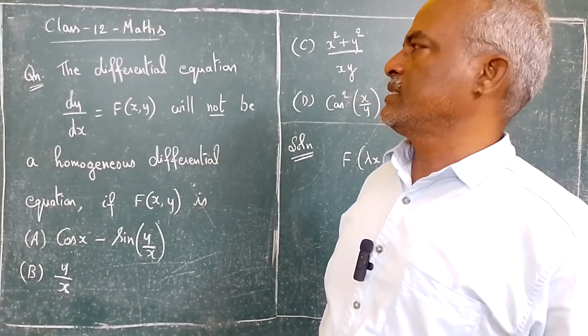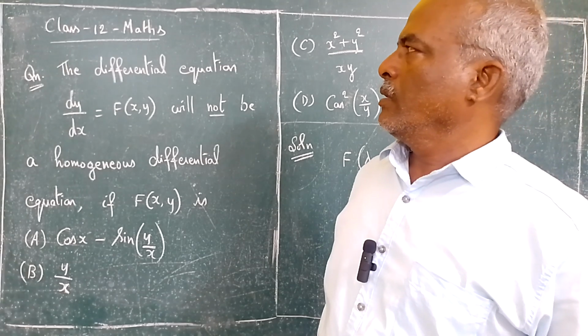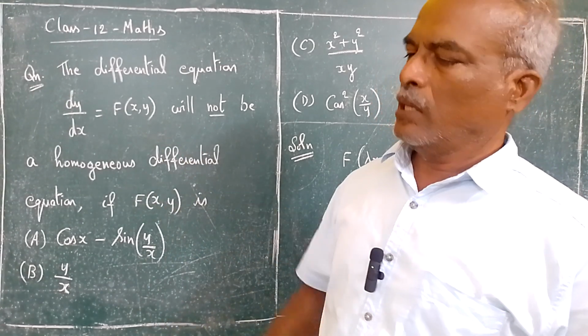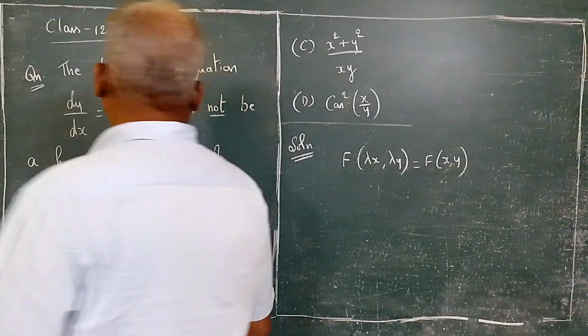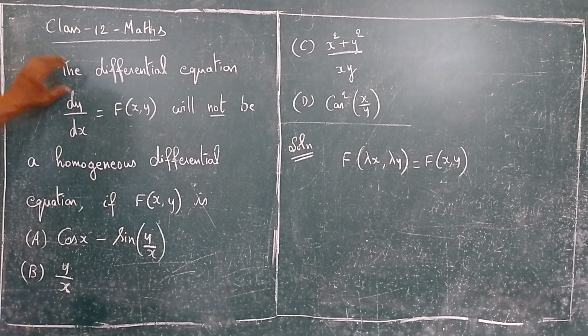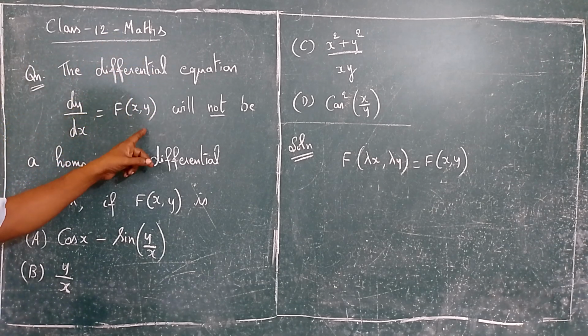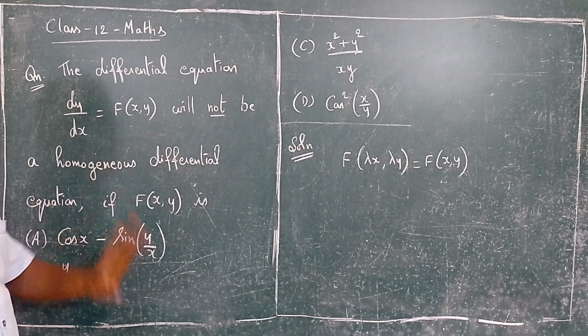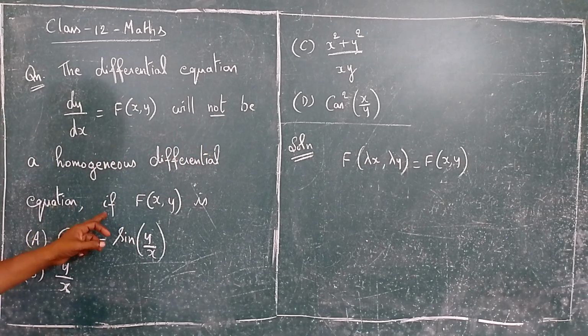Today we are going to see the next problem, class 12. The question comes under the topic of differential equations. Let me read out the question. The differential equation dy by dx is equal to function of x, y will not be a homogeneous differential equation if